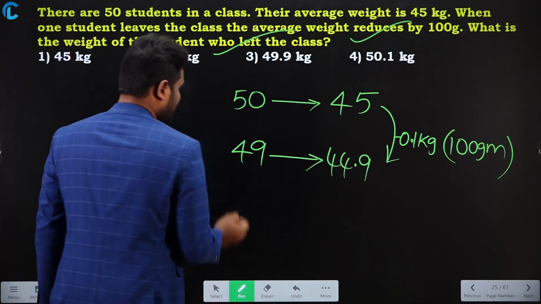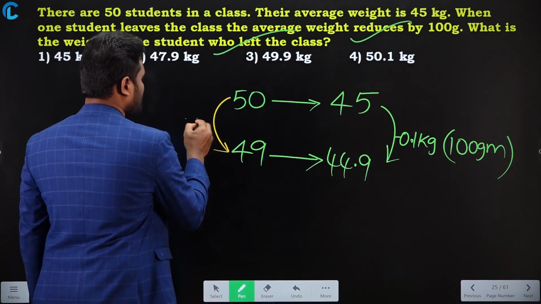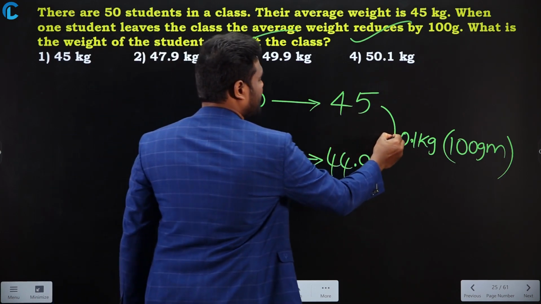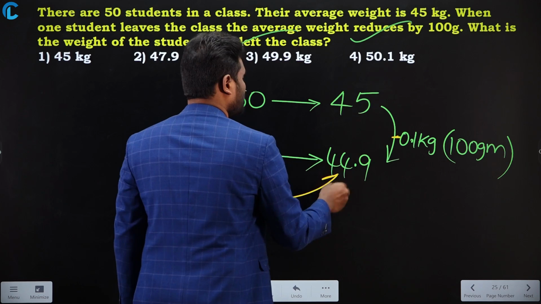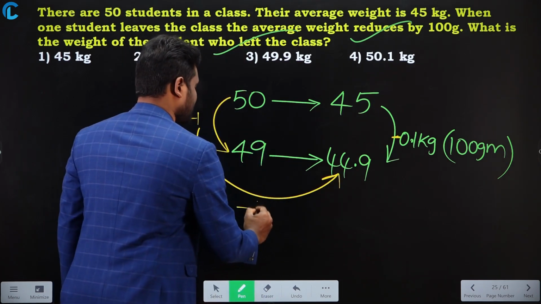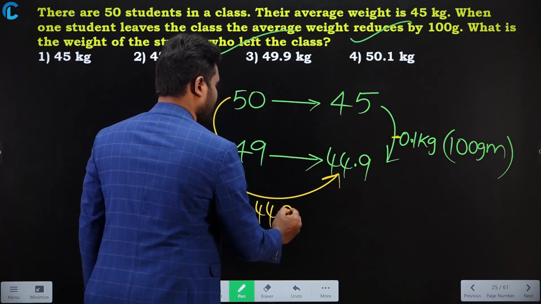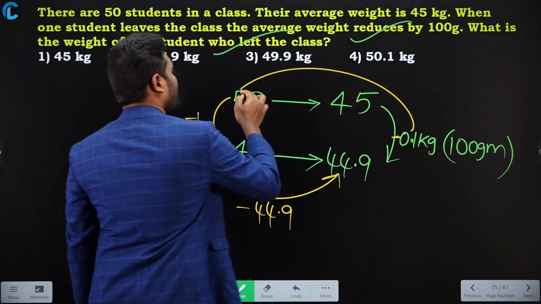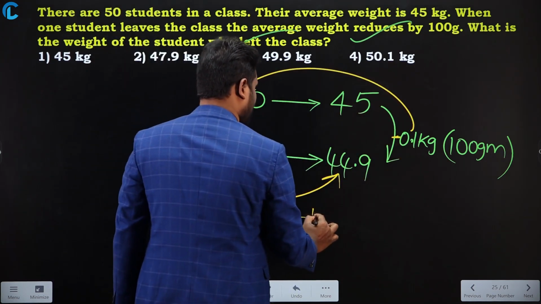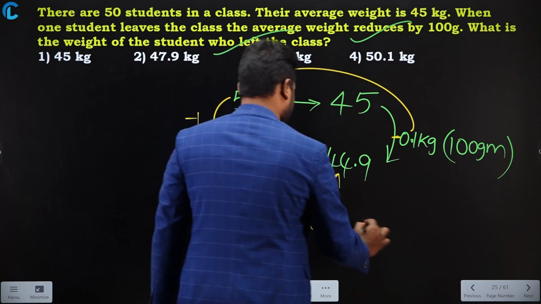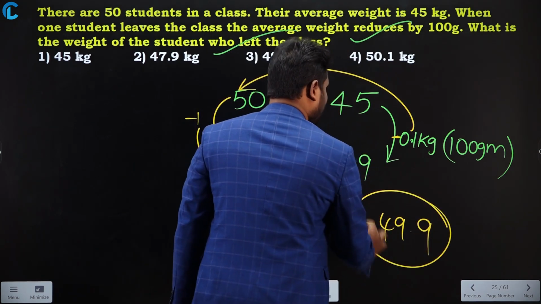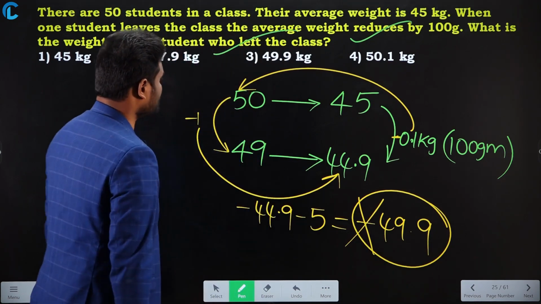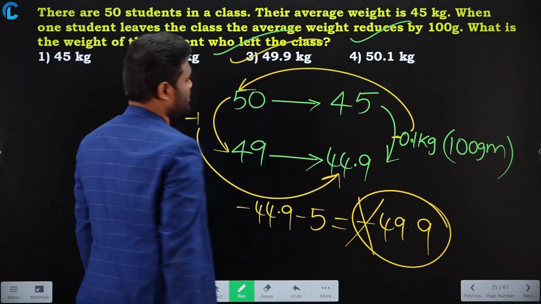Simple. Take the left hand side difference. Left hand side difference is how much? -1. Right hand side difference is nothing but -0.1. So calculate. -1 into 44.9 is nothing but -44.9. Similarly, -0.1 into 50 is nothing but -5. Now it is going to be -49.9. Yes or no? So neglect the negative value and you can say the answer is 49.9 kg, which is option